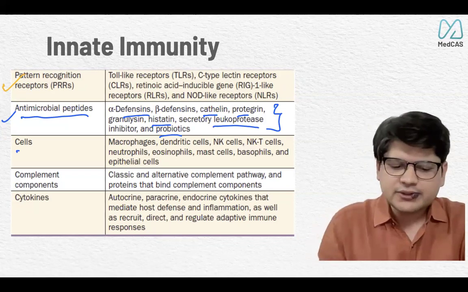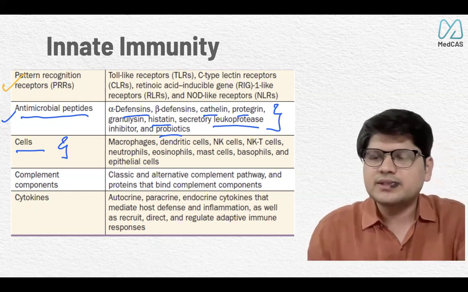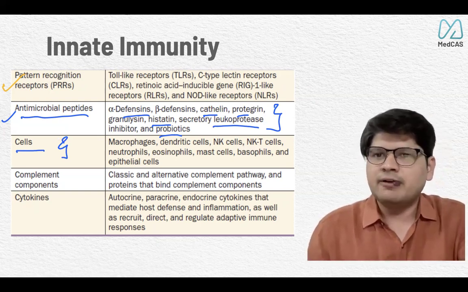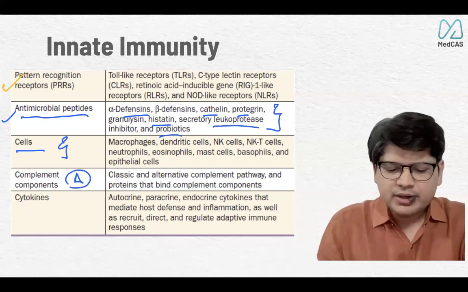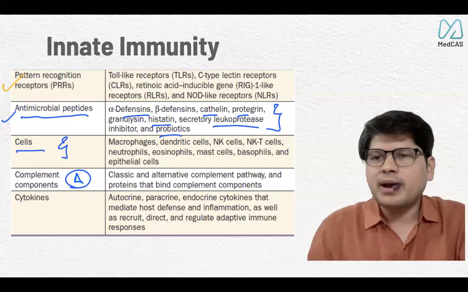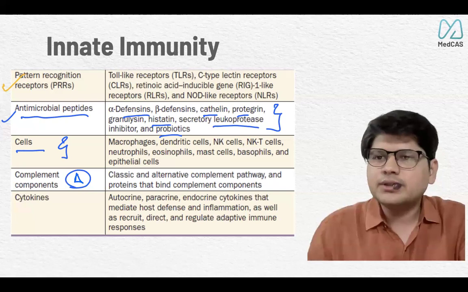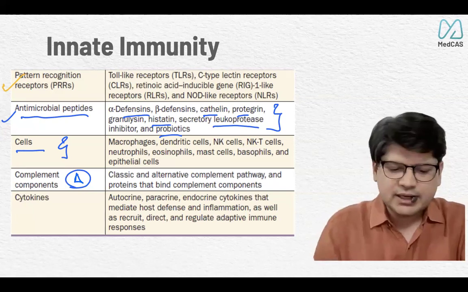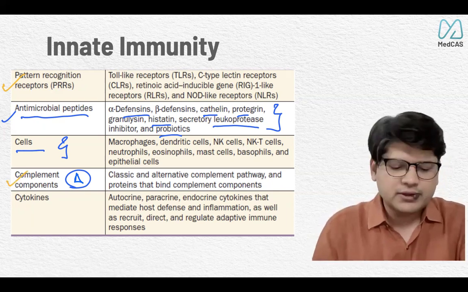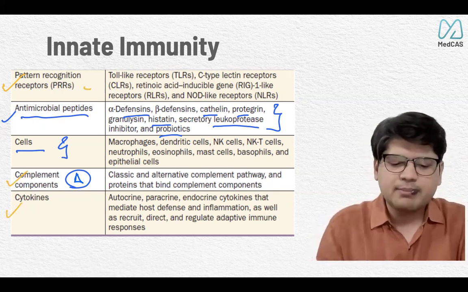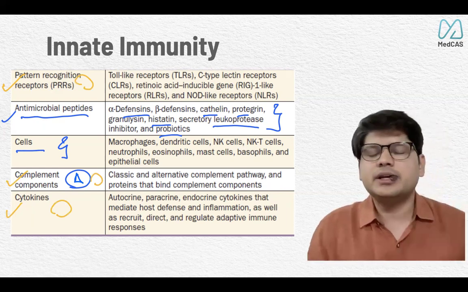Then we have cells of innate immunity. I will discuss this, but not in today's class. Maybe when I'm discussing lymphoid organs, I will discuss those cells. Then comes the complement system. Though classically taught as a part of the innate immune system, somehow it actually links innate and adaptive both, but we will discuss it under this. This will again be a very important topic that we are going to discuss today. And of course the cytokines. So these three parts, pattern recognition, cytokine and complement, we are going to discuss today a little more in detail.